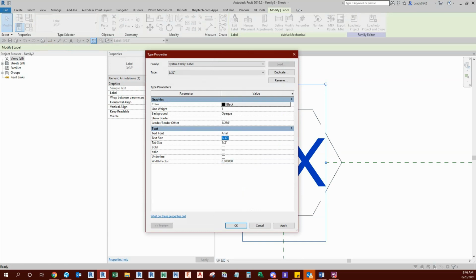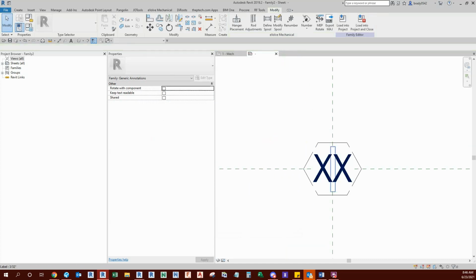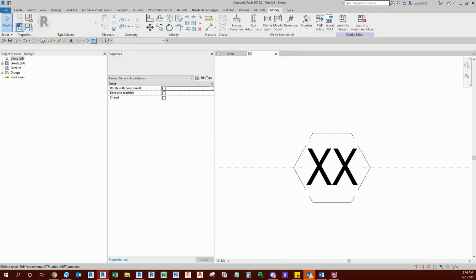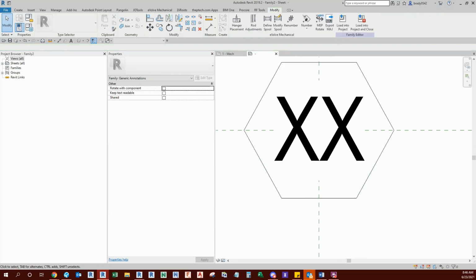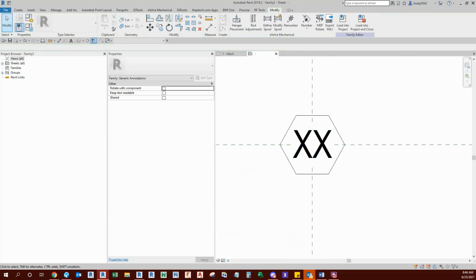We'll set our text to 764 at a 0.8 width factor. This is pretty common for most of the text that we have in our models, okay? And then I'll scale this up slightly so it's not being masked by the text there. That looks pretty good. Okay, cool. So now we have